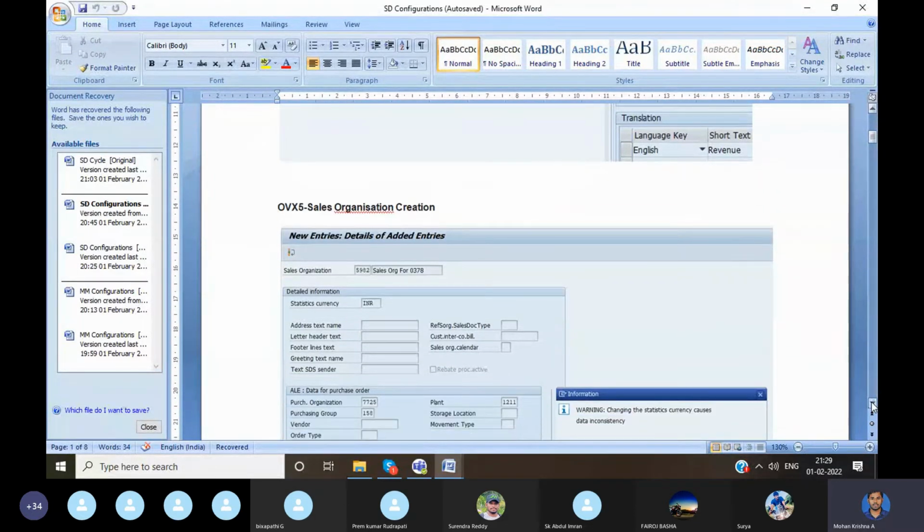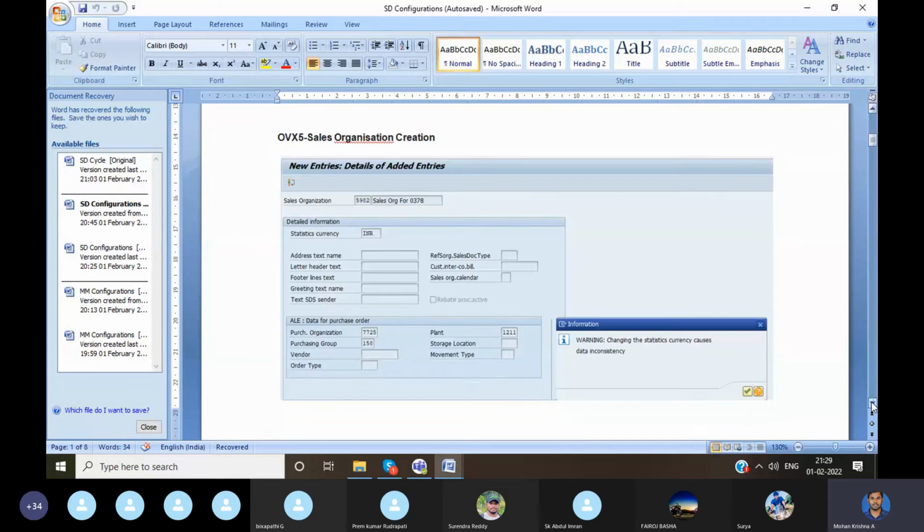The sales organization is the highest hierarchy in the sales and distribution module, like in material management, the purchase organization is the highest hierarchy. To create the sales organization, the T code is OVX5. You need to go to new entries and you have